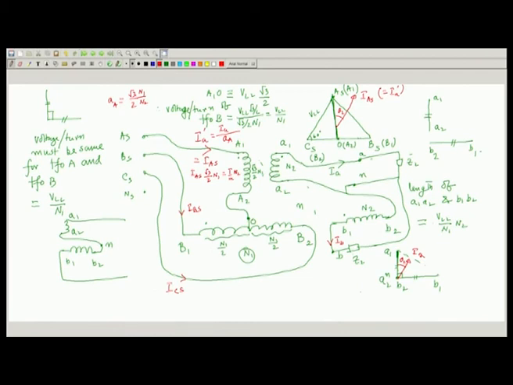What is the MMF produced by transformer B? Current coming out from transformer B is how much? I B. So, I B into N 2, I B into N 2. Therefore, through the dots